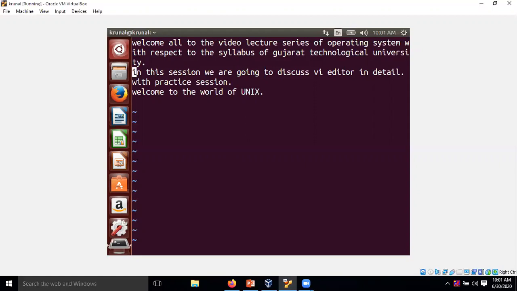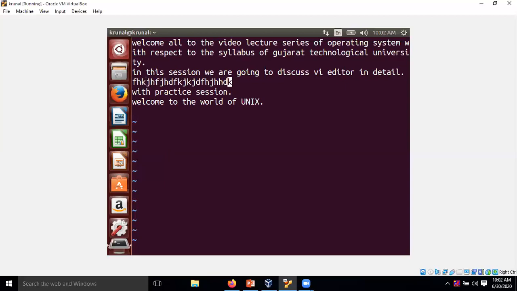Okay. The next option is, for example, my cursor is located here. If I want to open and put text in a new line below the current line, my current line is this, where my cursor is located. If I want to reach the line below, there is one option. You need to simply press small o. This is not a zero, small o you have to press, to go to the below line, and now you can enter whatever you want.